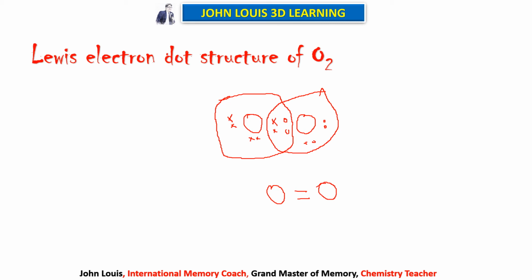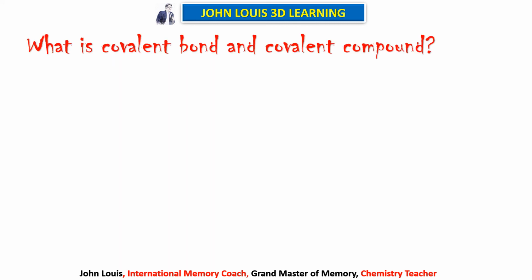Okay, now we will learn how the covalent bond is formed between 2 nitrogen atoms in nitrogen molecule, and how many bonds it can form between nitrogen molecule. We ourselves can find out. That's what I told you in the beginning of this video lesson. We should be able to find the answer ourselves. It is not memorizing from something else and reproducing it. No. If unknown compound is given, we should be able to find out on our own. That is what is real learning. That is what will make learning chemistry very interesting. Hope children, you understood it and you liked it, and you can remember them very well now.